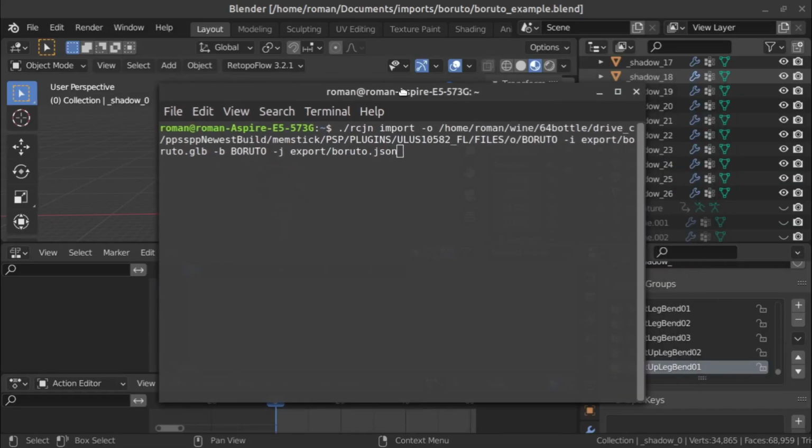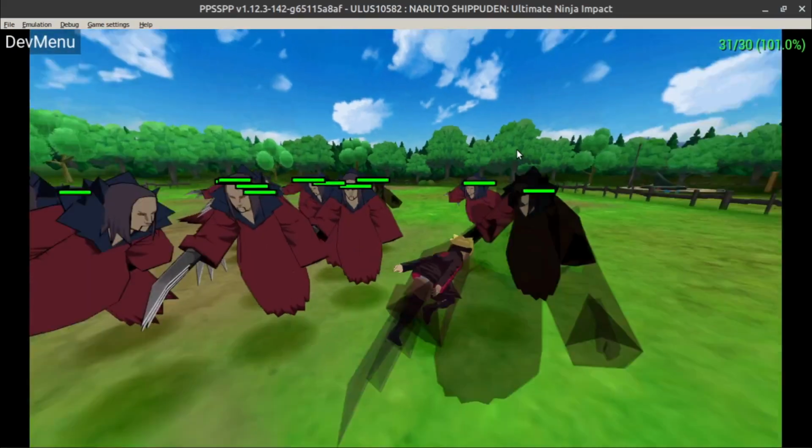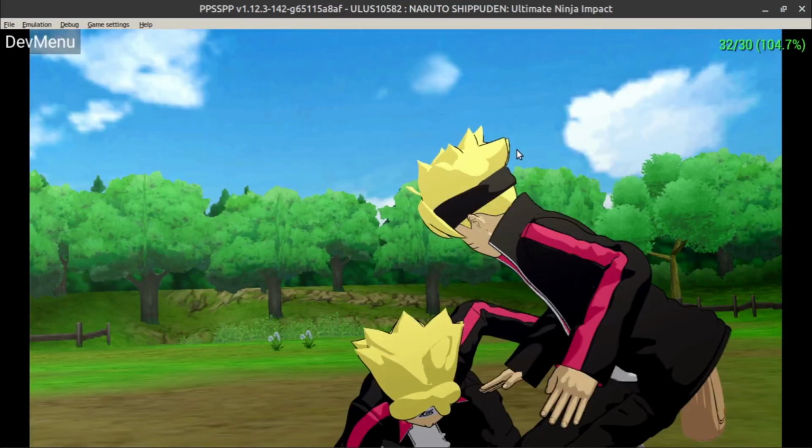Finally, run the import command and behold what you have created. Keep in mind that these methods of creating a cel-shaded look are heavy on performance, so use them sparingly. To imitate cel shading, you could also bake lighting into textures. Looks good.